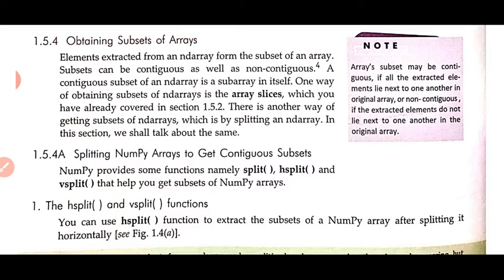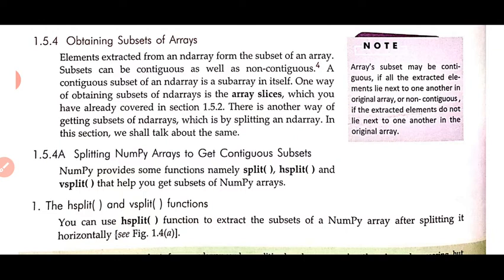Splitting we can do by three functions. Like joining, there are three functions, the same for splitting also. One is hsplit, vsplit and split.